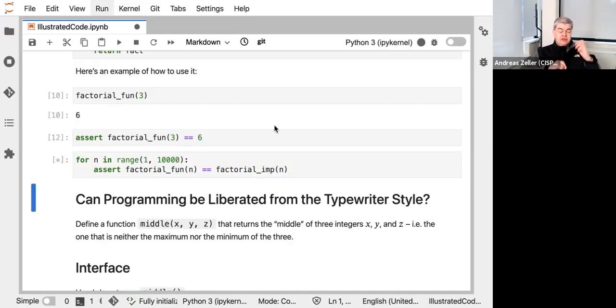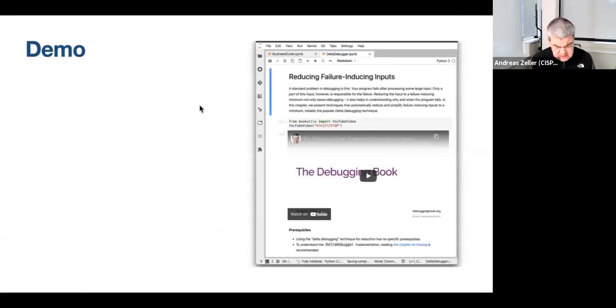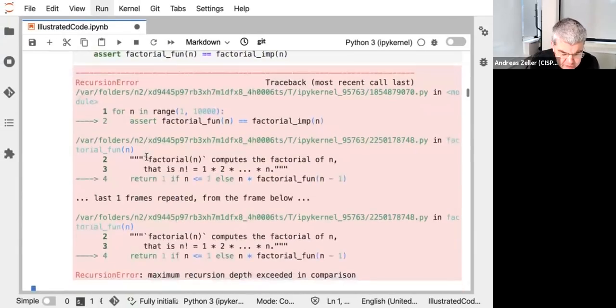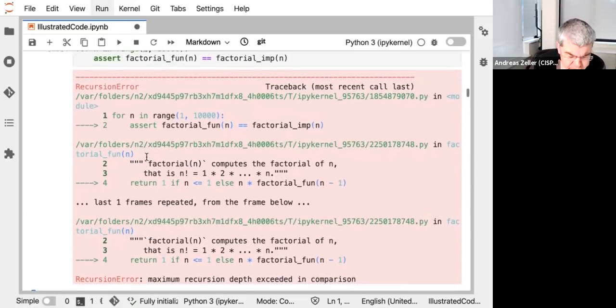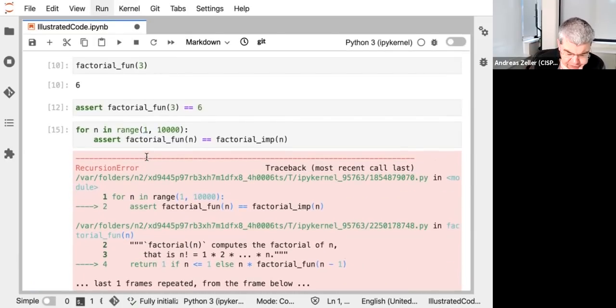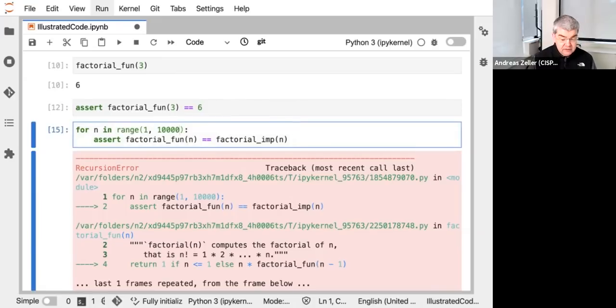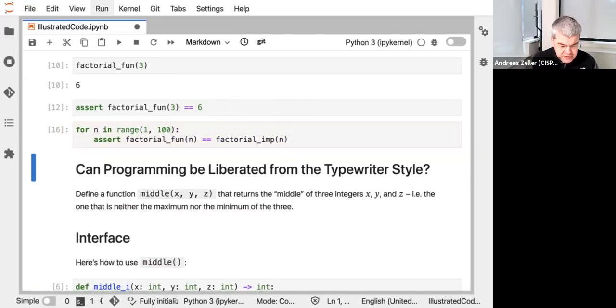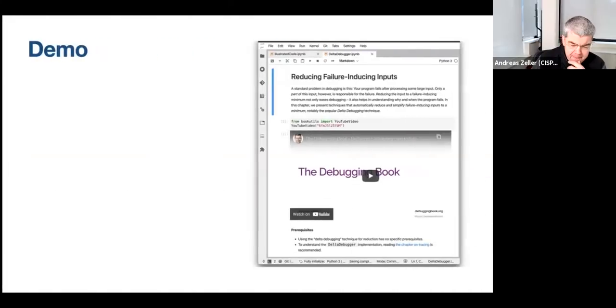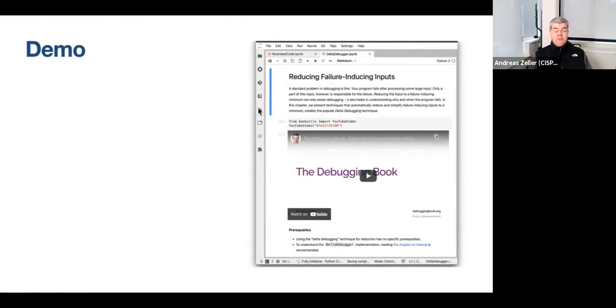Let's just compute things here. This may take a while. And while it's computing, we can go back to our actual coding here. Oh, did I really? Oh, it's a recursion error. Our functional version gets a recursion error. Too bad. Well, I guess we have to stick with the imperative one. Maximum recursion depth exceeded. Okay, good. Let's go. This was a brief demo about Jupyter Notebooks,